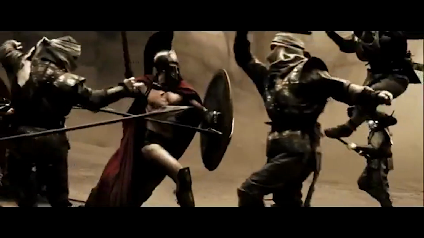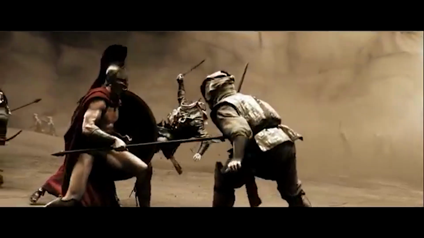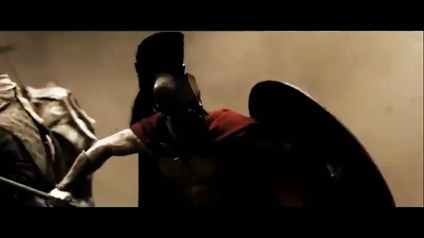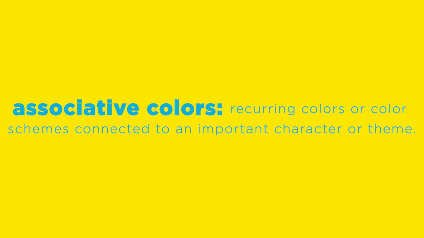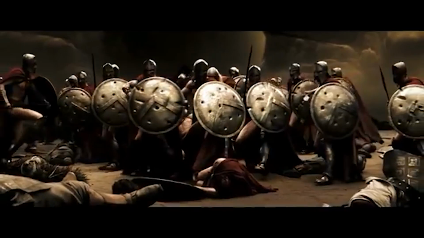Now, being known for primarily adapting written works, Zack Snyder uses associative color to really bring those known properties to life, and 300 is no exception. Now, associative colors in film refer to a recurring color or color scheme that's connected to an important character or theme. We build an emotional reaction to the color because of association, kind of like the neon blue that we associate with Dr. Manhattan in Zack Snyder's Watchmen. But in 300,